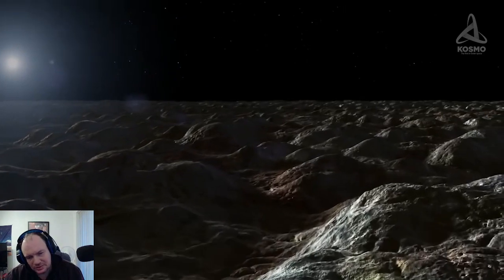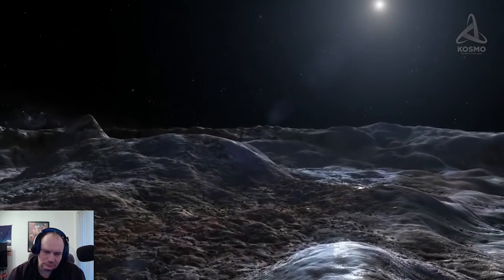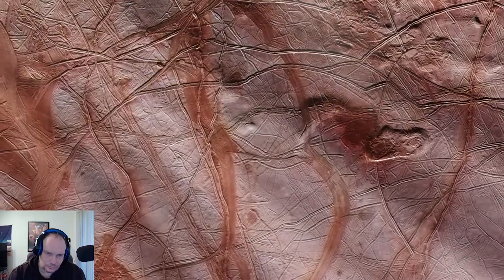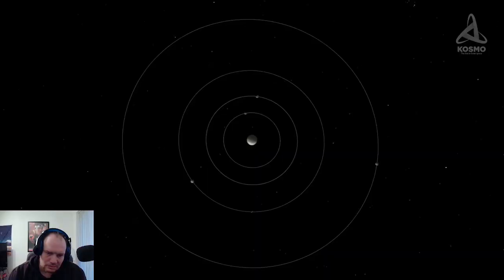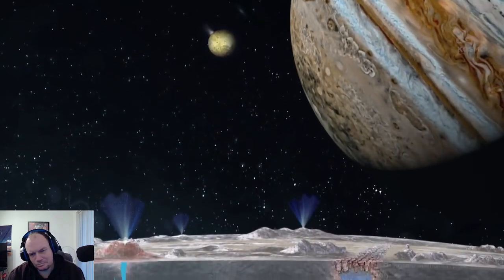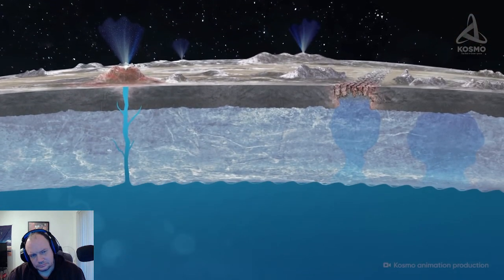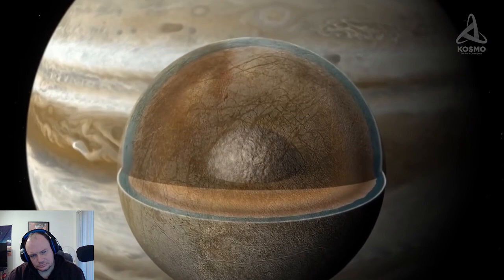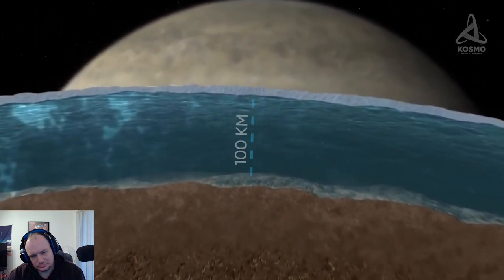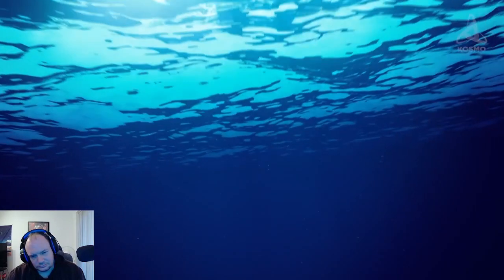Apart from that, analysis of crevices Europa's surface is covered with shows that the satellite's crust moved 80 degrees with respect to the interior. This would have been impossible without a liquid layer between them. The massive neighbor exerts a strong influence over Europa by causing powerful tidal waves in its subsurface ocean. This way, the satellite is heated still more by internal friction. Estimates show that the temperature in Europa's interior is high enough for an ocean of water to be in liquid state. Its depth may reach 100 kilometers, and its volume may be twice that of the global ocean on our